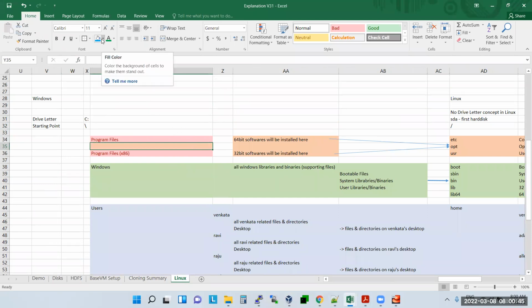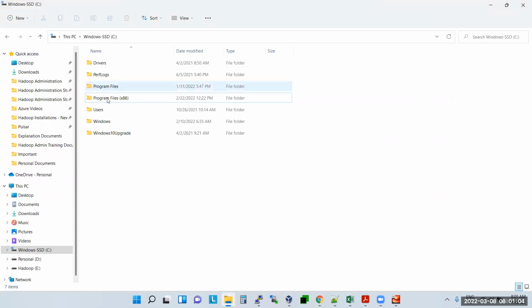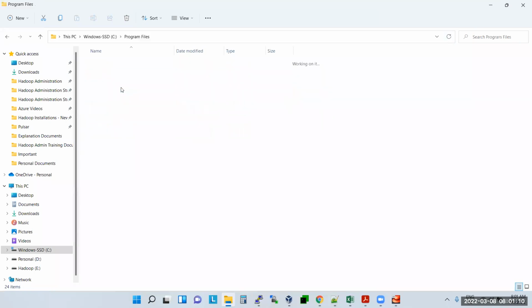What is this program files and x86? Do you know? In Windows, you have something called program files. What is this program files, guys? What are the softwares we are going to install? It will come in this